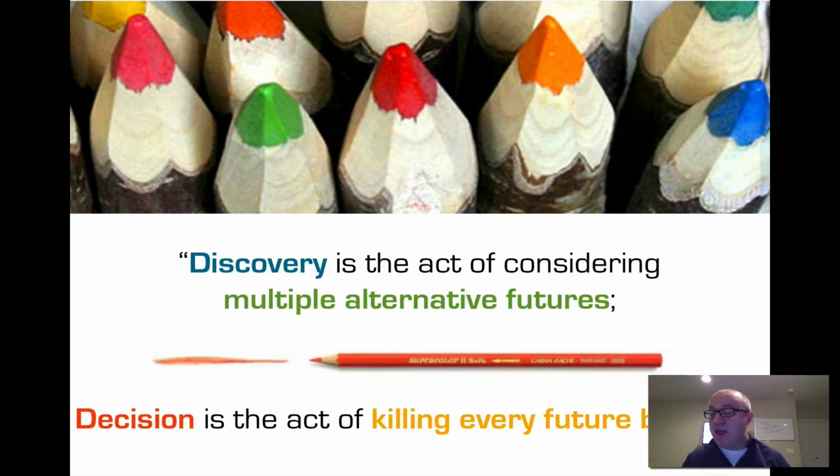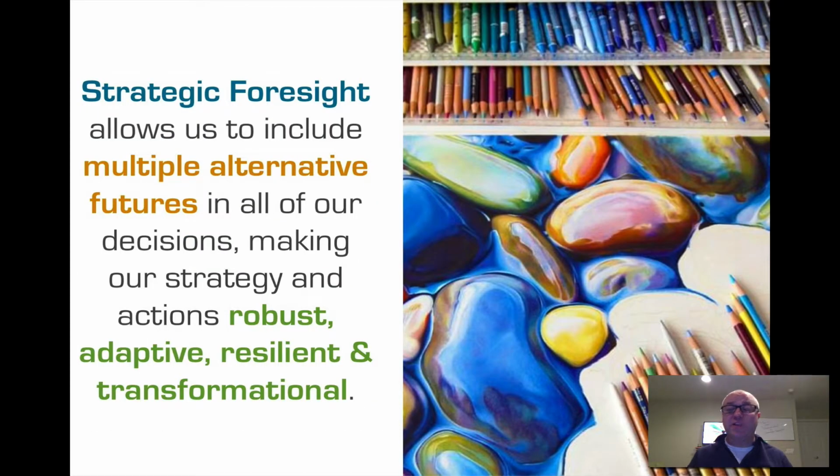One linear path based on insights, on benchmarking, on present day analysis, on business intelligence, etc. Every time we make a decision, we are killing all other future possibilities, but this is not the best way to create the future. In other words, traditional strategic planning methods aren't the best way to create the future. In this VUCA environment, if we want to create the future, we can't stay married to traditional strategic planning methods. We need something more. So the next slide, let's go there, really is what brings this home.